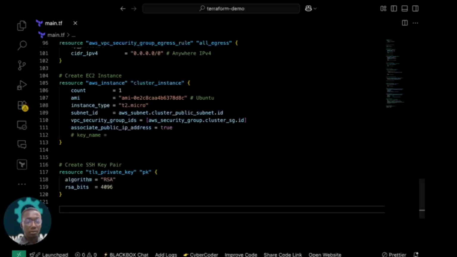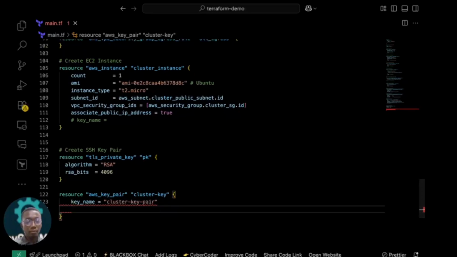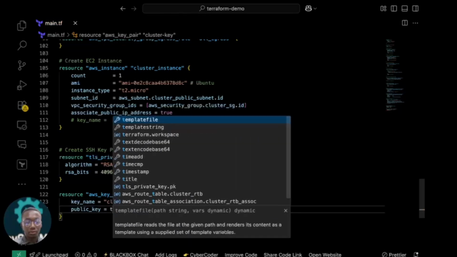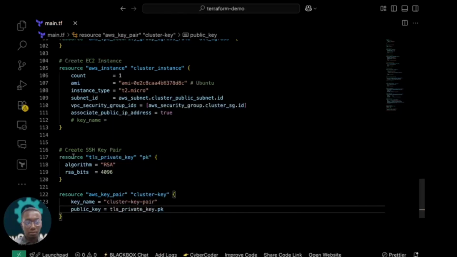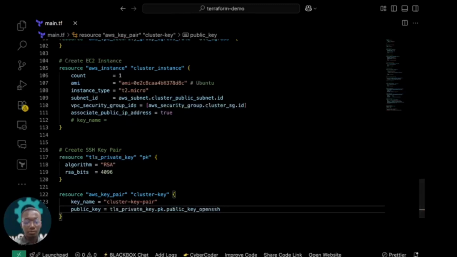And the next resource block is going to be the AWS key pair resource block, and we're going to call this cluster key. So for the key name, we're going to call it cluster key pair. The public key, we're going to reference this, so TLS private key dot pk dot public key open SSH. Right, so